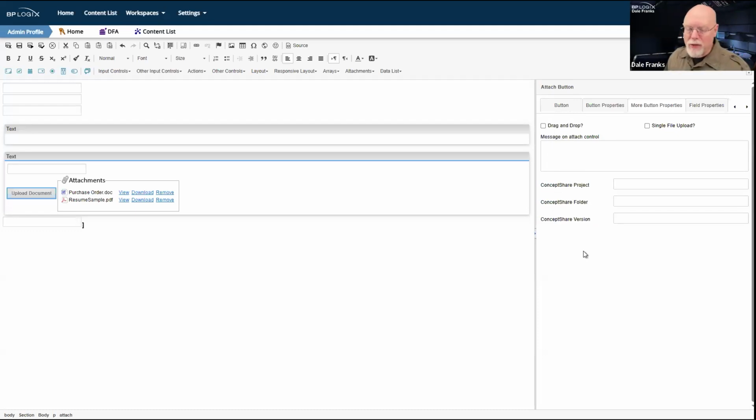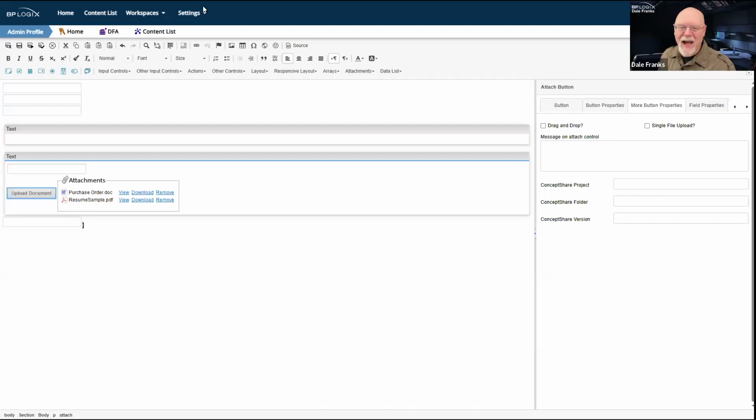So 6.1.300 will remove all concept share support. I should use the term concept share support with a grain of salt because concept share support doesn't work right out of the box. There are some minor changes that have to be made in the product to make concept share work. So while the properties are there and they're useful, your product has to be configured to use concept share. So it's not just an out of the box feature of the product. And well, why are we talking about it? For 6.1.300, it simply won't be a feature of the product.